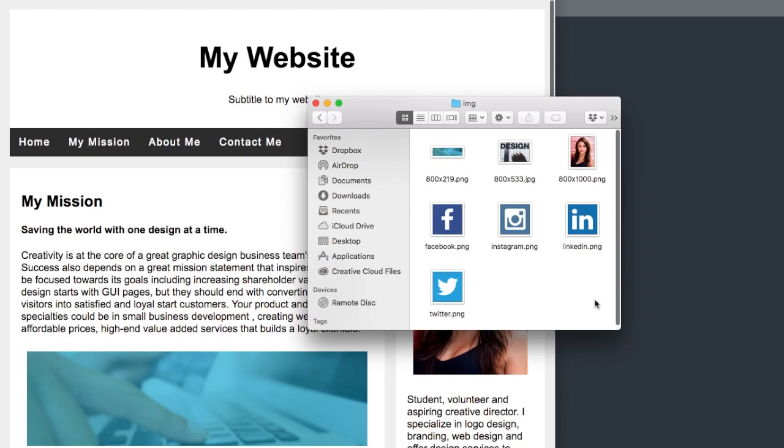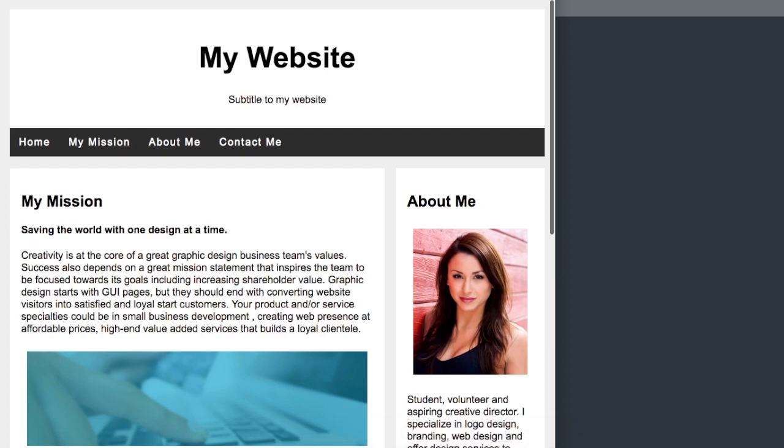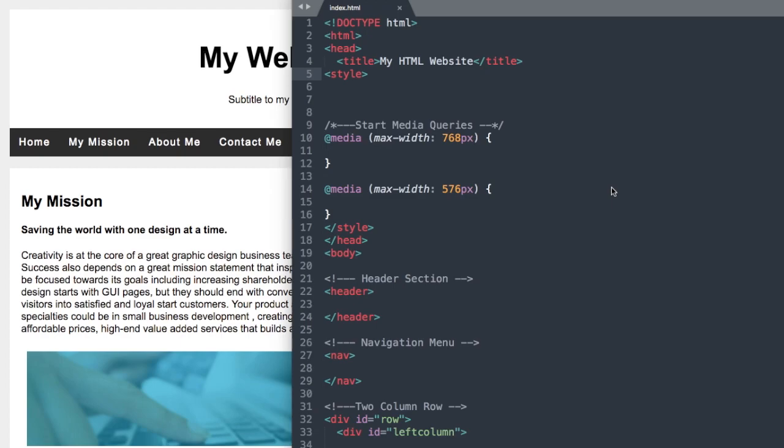Also included in the starter files will be all of the images included, including the social media icons, and then the three pictures here which have the dimensions in them as their file extensions for the images, making it really easy for you to add your own pictures. So if you need to, go ahead and pause the video for a moment so you can download the starter